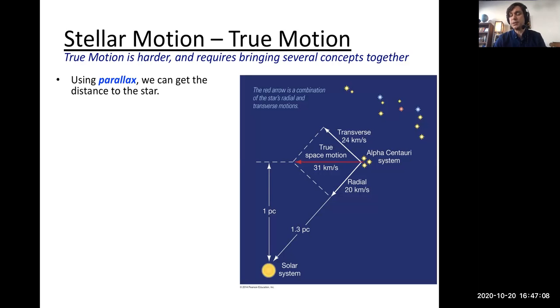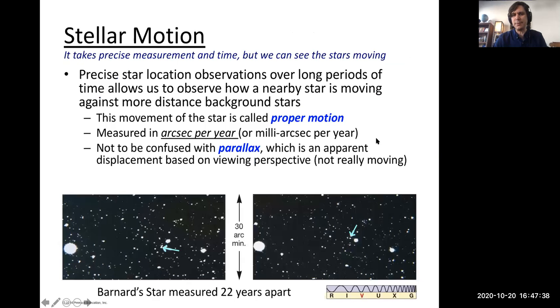Then we got some work to do, because what do we see from Earth? So here's our solar system. And let's say we have stars, and we measure it at one time, and then we wait, say 20 years later, and it looks like it's moved from hanging out with these stars over here to hanging out with these stars over here. So what we observe is not its true motion. What we observe is its transverse motion when we take that kind of measure, its side-to-side motion,